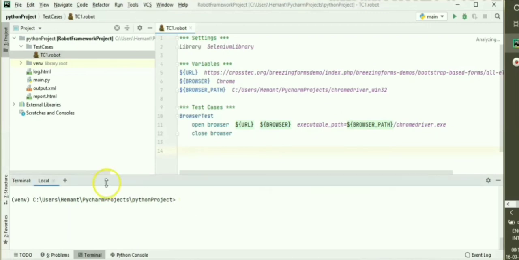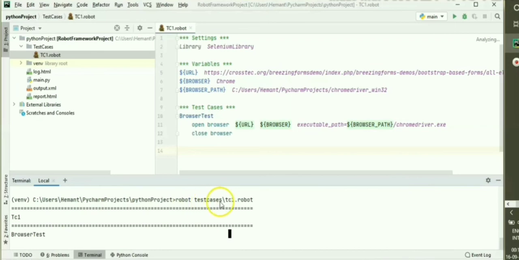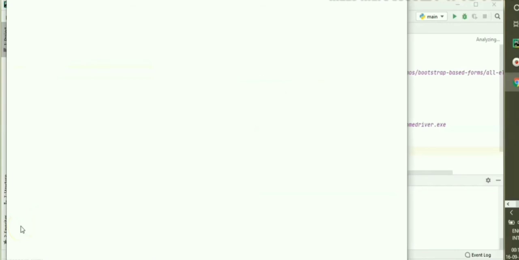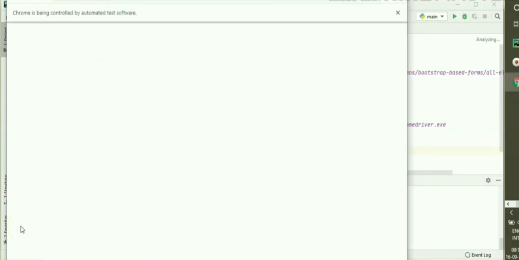Here we just need to go to the terminal and write the command like robot test cases slash tc1 dot robot. This is basically not case sensitive, we can use either capital or small letters. Once I run this command, you can see tc1 is opening here, and you can see chromedriver opened this browser window,